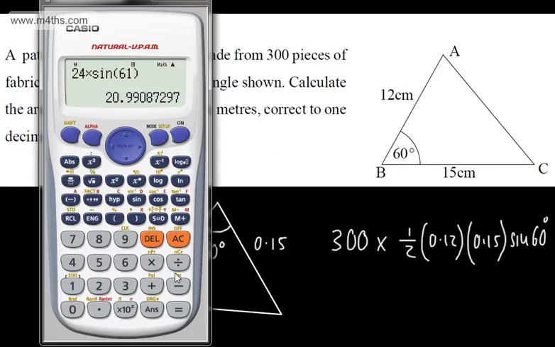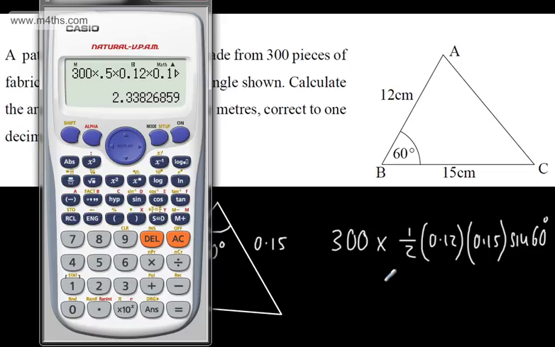So what we're going to have then is the following, and you can do a lot of simplifying with this if you want. 300 times by 0.5 times by 0.12 times by 0.15 times by the sine of 60 degrees. If you're interested, the sine of 60 degrees gives us a special angle, and that is √3/2. So that's what's going in the calculator, and that's going to give me 27√3/20,